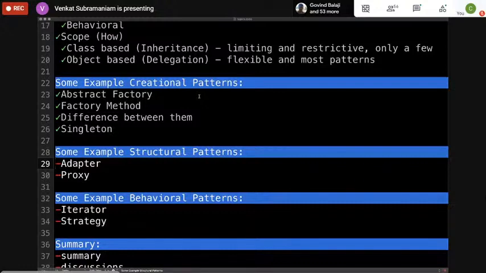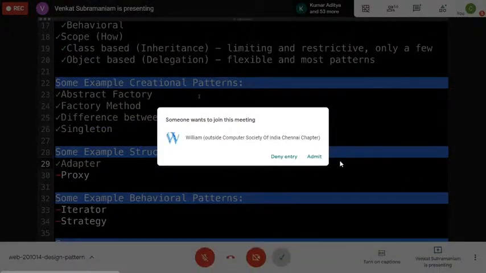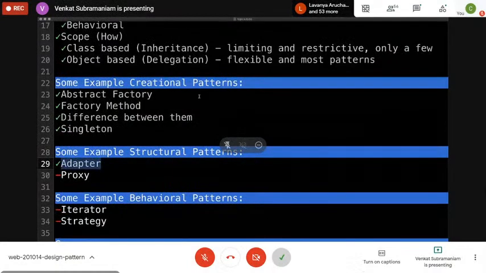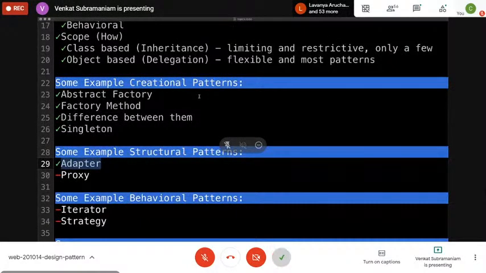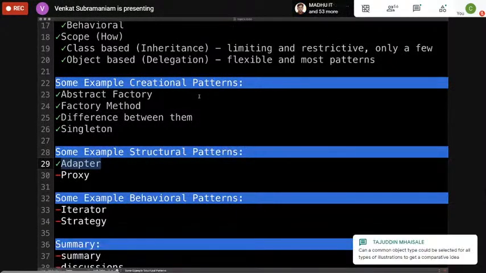Well, the next thing I want to talk about here is the structural patterns. Structural patterns are useful to really how we structure or position objects to work with each other. And there are several patterns in this area, but I'll just mention a couple of them. One of them is an adapter pattern. Now, adapter pattern is so common in what we do. We've used this so much, isn't it? You know, I travel internationally.